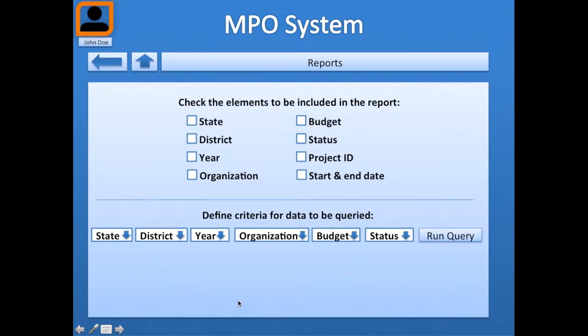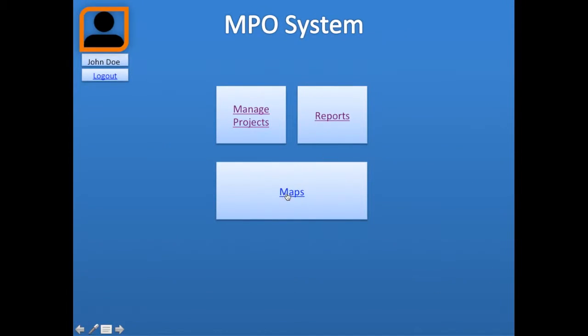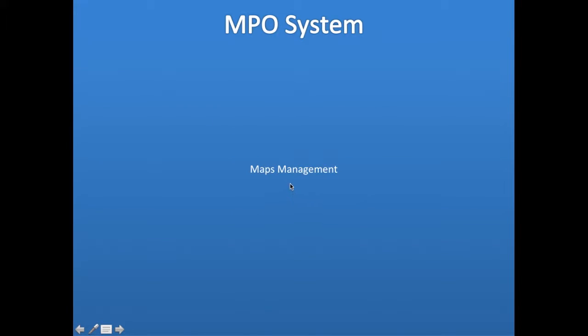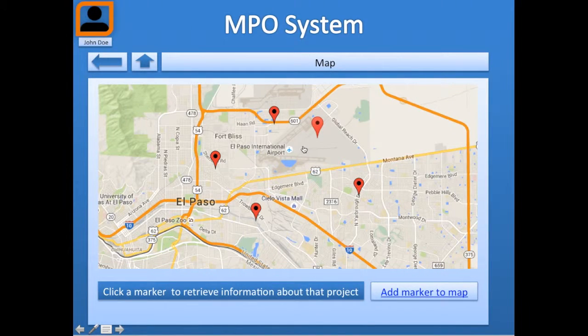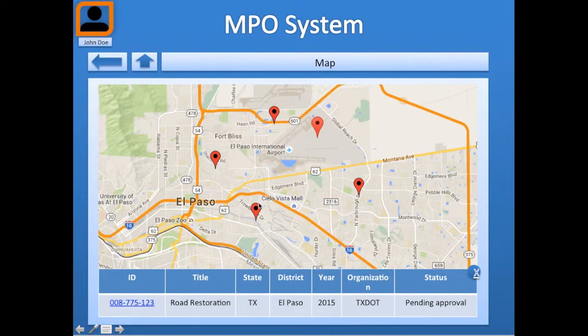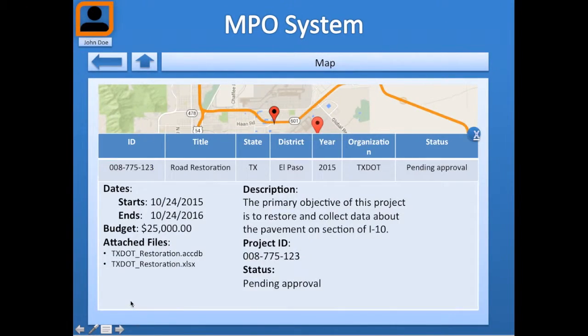And this just gives you general information about the project and the reports. So again, back to homepage, and then you have access to maps as the MPO staff as well. So here you can see the markers. You can click the markers, and again, depending on the ID number, you can get general information about the project in that area,